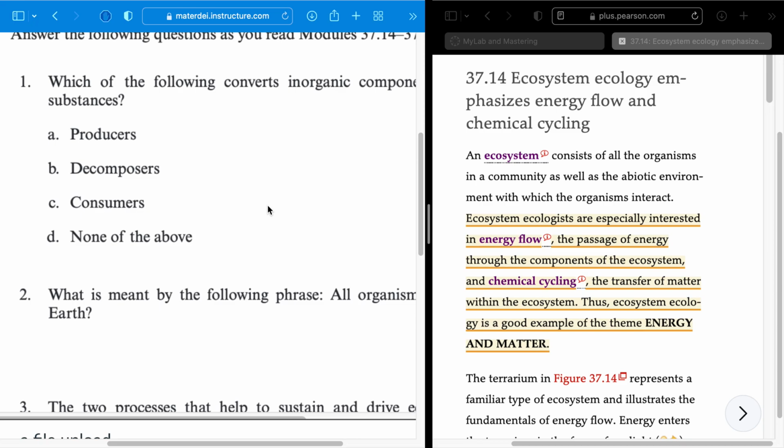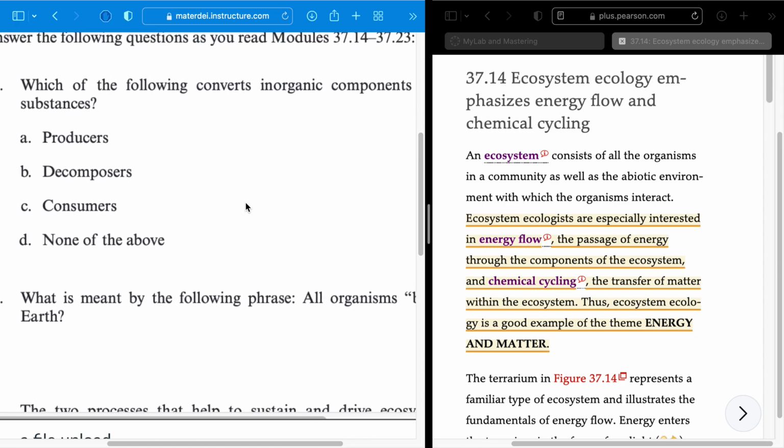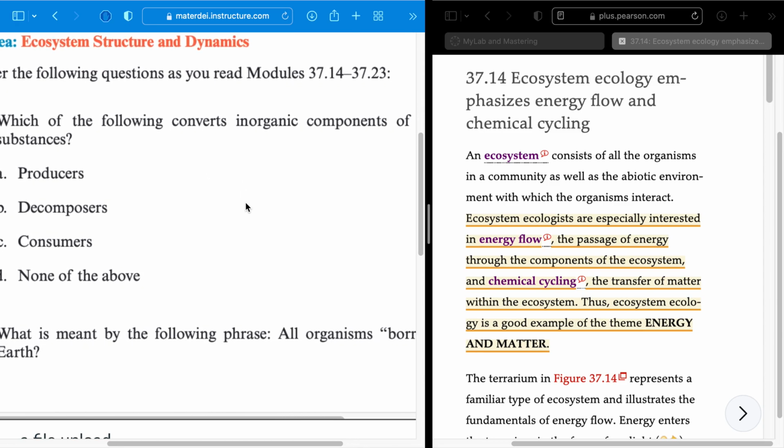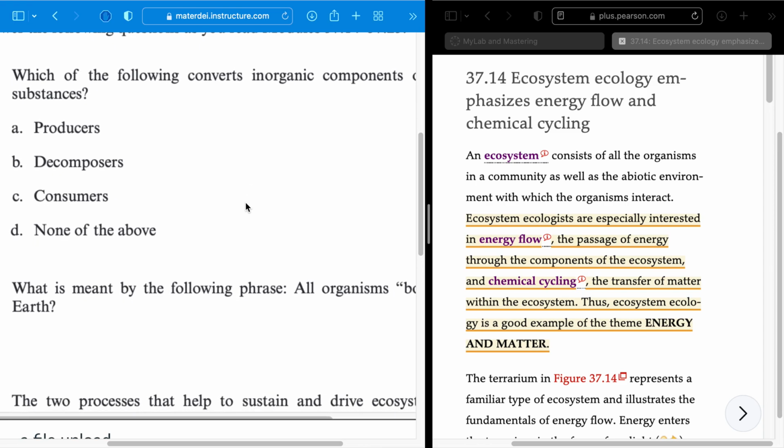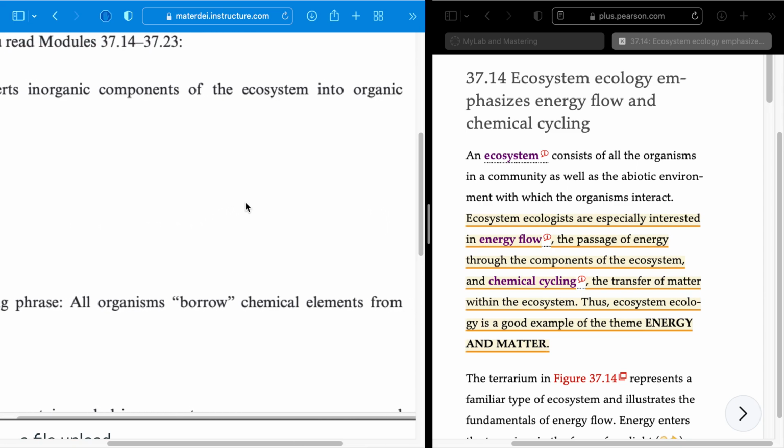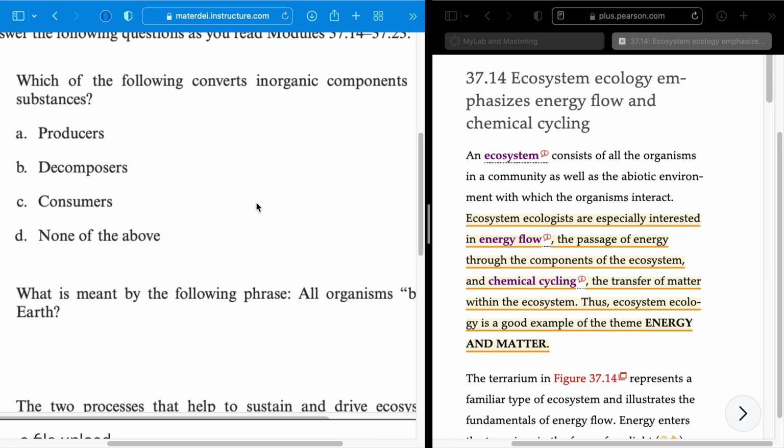You could find it in the soil. And we need some of these minerals. Vitamins and minerals are inorganic. And so there's a cycle of getting the inorganic stuff from the environment into living organisms that need it as well. So that's what this is talking about right here. Number one in this section of 14 to 23. I think you know the answer. Which of the following converts inorganic components of the ecosystem into organic substances? And that would be